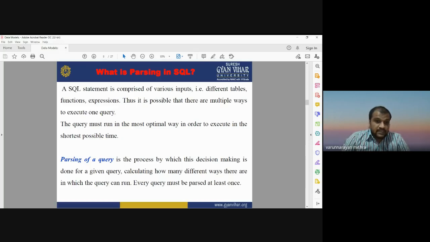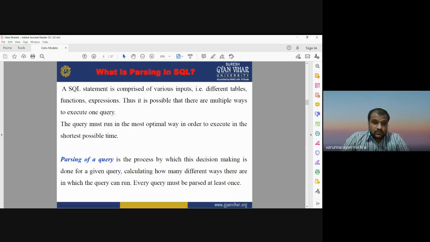So the query must run in the most optimal way, in order to execute in the shortest possible time. Whatever way takes the minimum time will be considered the optimal way to execute that query.